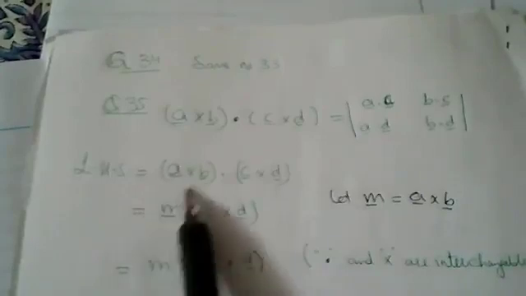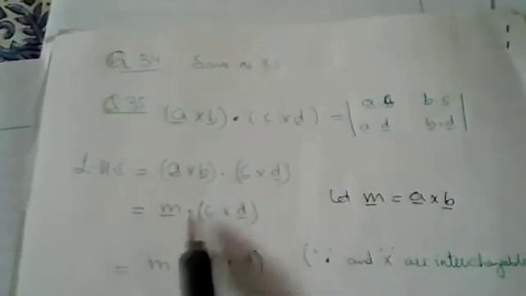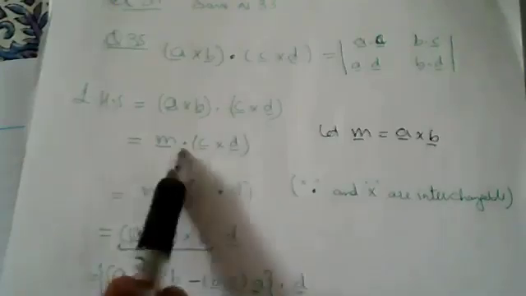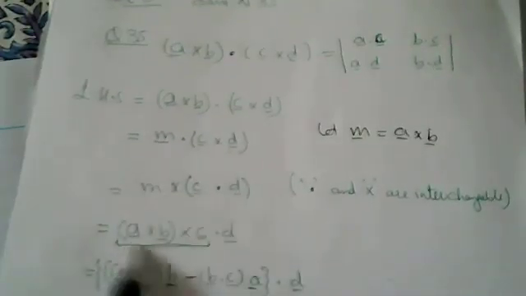33, 34. You have proved this result. This is a kind of identity. This is also called the dot product of 4 vectors. Question number 35 is also, we can say, there are 4 vectors having dots. So this is a dot of 4. Let's suppose this is M. Dot and cross are interchangeable, so interchange dot and cross. So here we have cross, now dot is here. Now substitute the value of M and apply the vector triple product identity here.